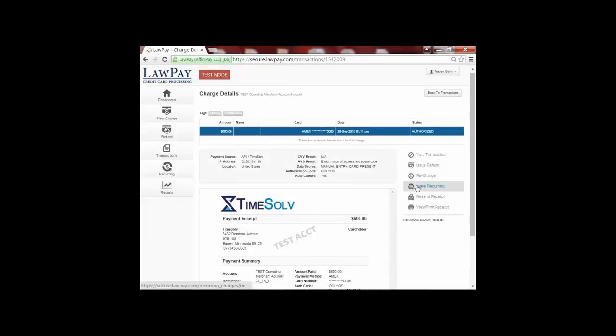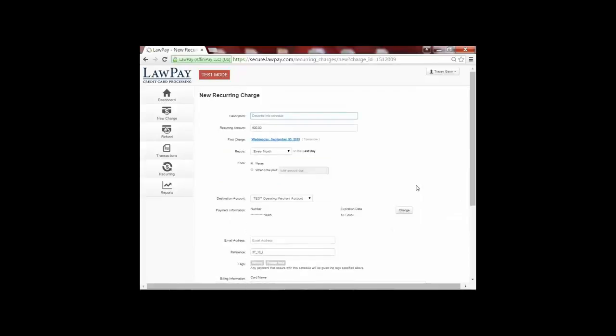And another feature that I want to take a moment and really kind of run through what the steps are is, again, once a payment is received in on our system, we do have the ability to make that a recurring charge. So if you wanted to create a payment plan for your clients, let's say they owe $1,000, you want to collect 2 more payments so you can reach that $1,000 balance, you can come in here and select a